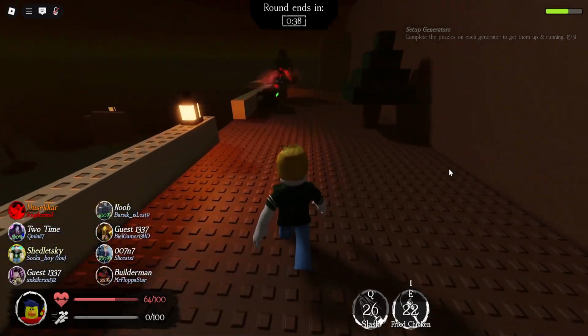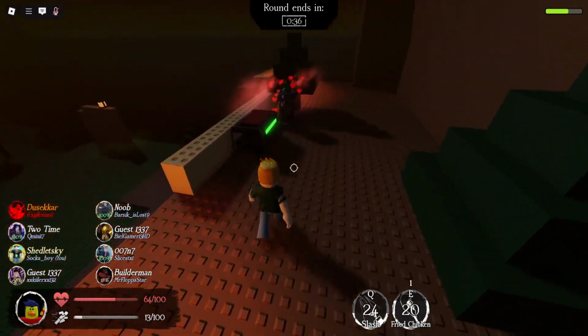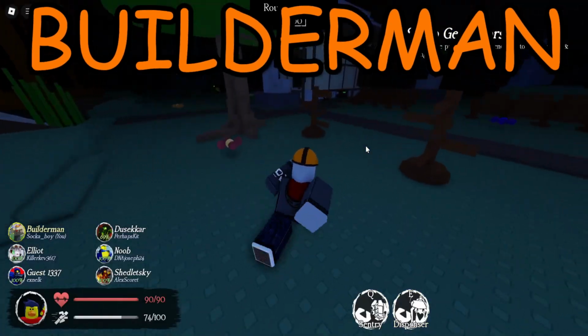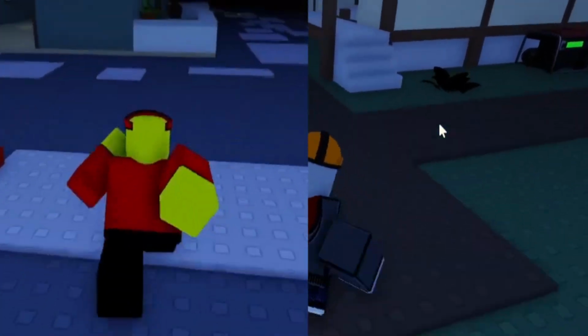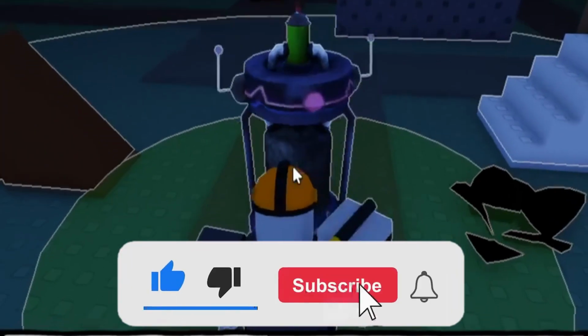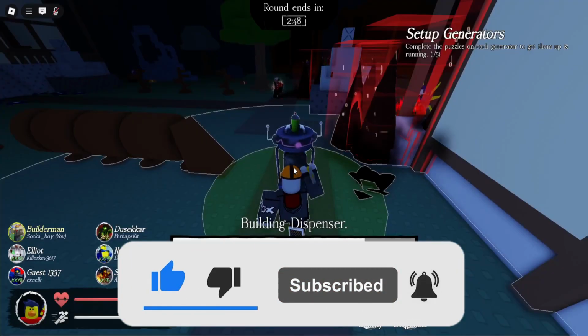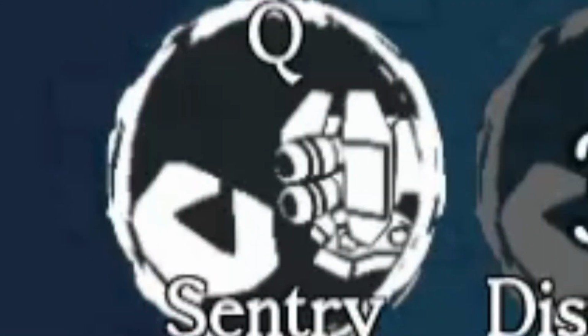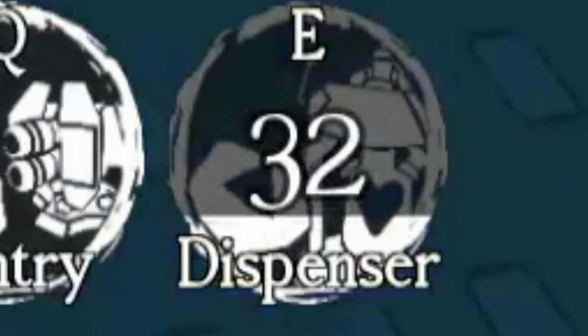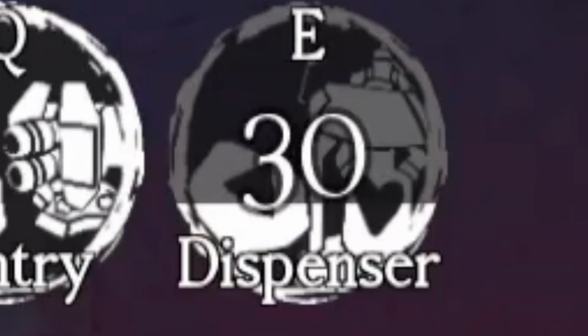And Shedletsky clearly is a developer favorite, having more skins than any other character in the game. But what about Builderman? Well, like Elliot and Shedletsky, Builderman is also really easy to learn if you're brand new to the game, because he has 2 basic moves. One that puts down a turret which slows down the killer until they attack it, and one that puts up